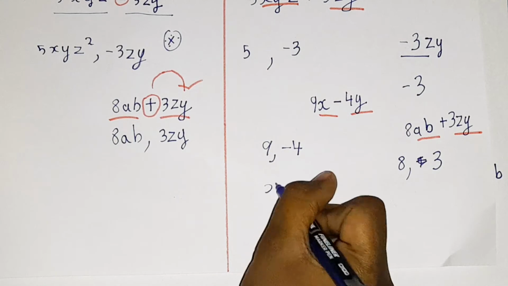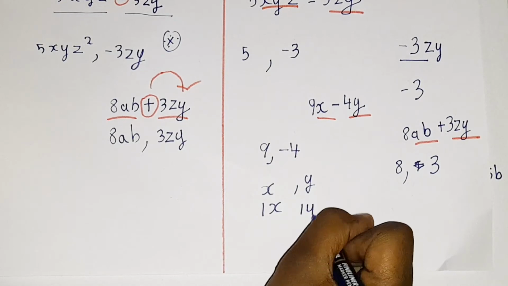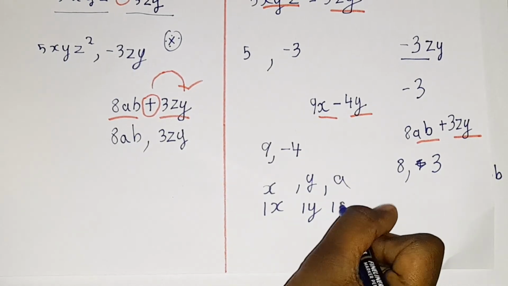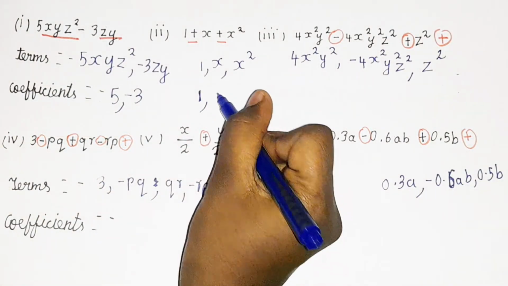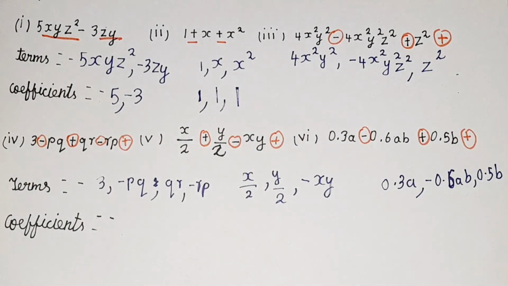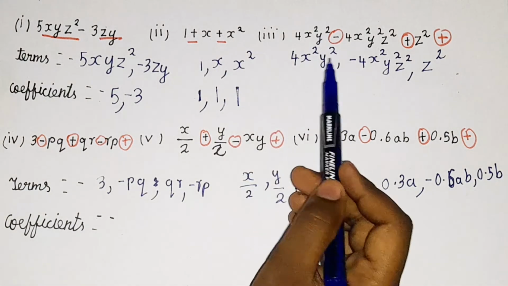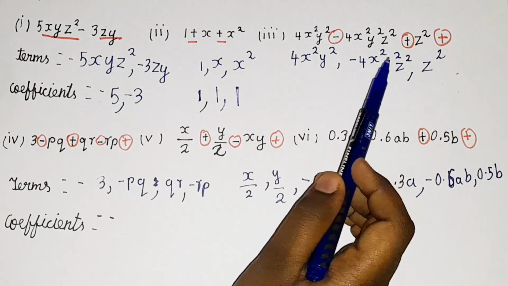So if there is x, it means 1x, okay. If there is y, it means 1y. If there is a, it means 1a, okay. So everything is having a value 1. So here we will write 1, okay. And here also we will write 1. So that's the very important thing. So if there is b, it means 1b. If there is d, it means 1d, okay. So just remember this. So next we have 4x square y square minus 4x square y square z square plus